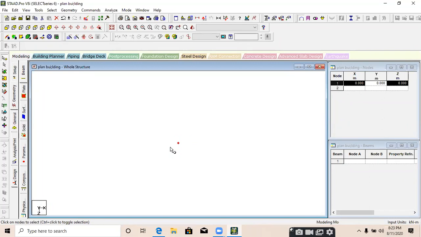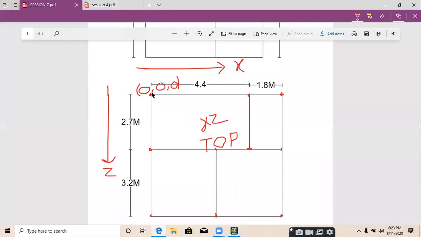Node is selected now. Now we need to copy this node and paste it in X direction or in Z direction. Look at the plan. We just created this particular node and we just copy this node in X direction, and the distance will be 4.4 meter. All the dimensions are in meter. Okay guys.